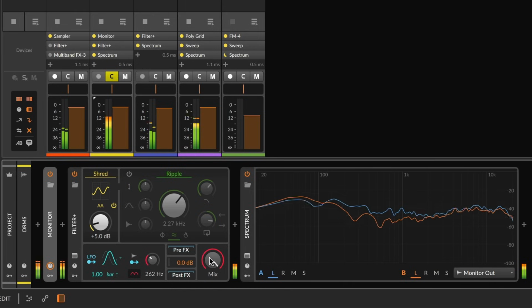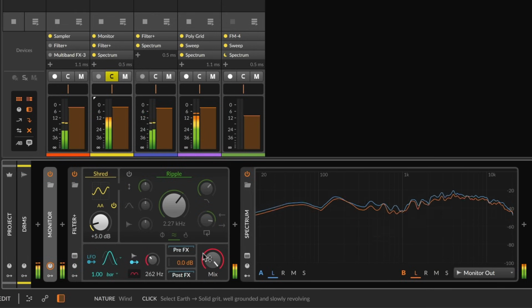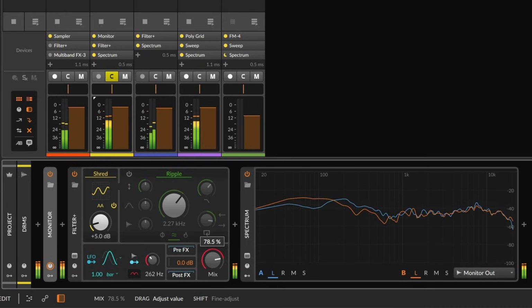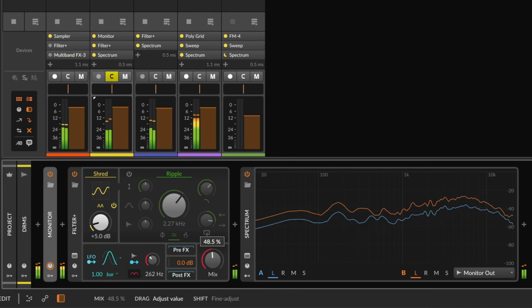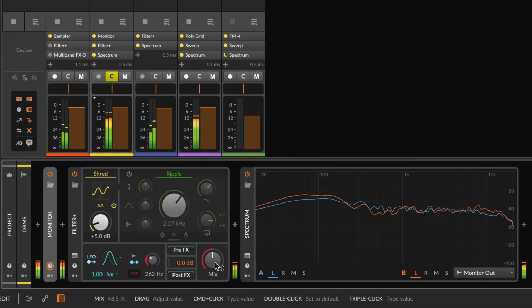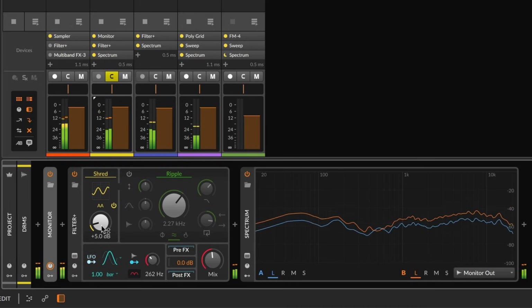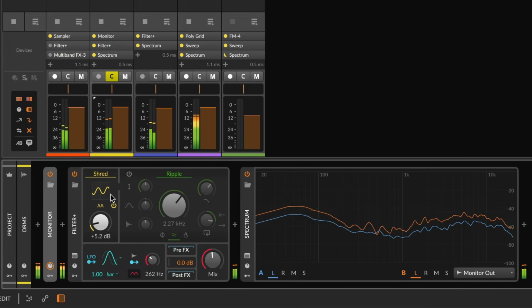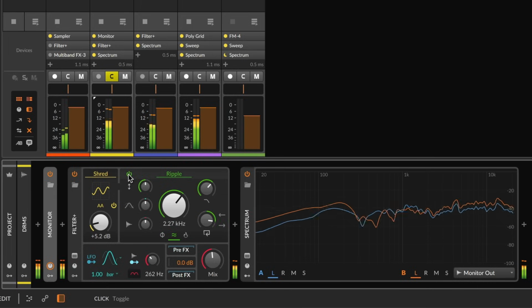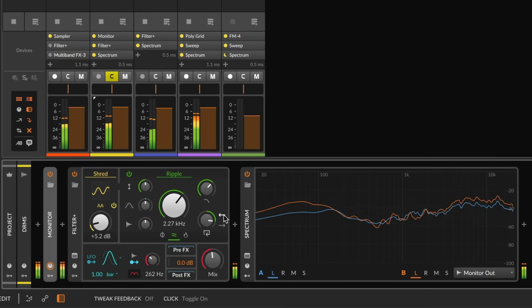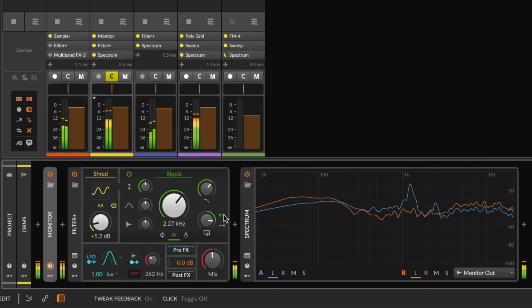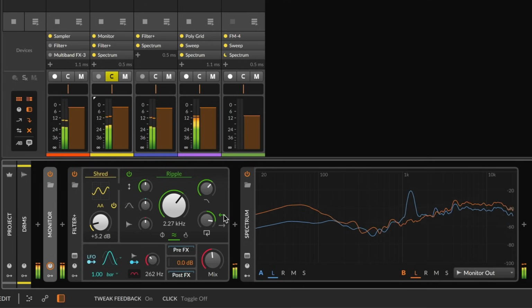Now, on any device that has a mix knob, something that is flipping the signal around and can be blended together with its original source is going to allow for some interesting cancellation to accentuate or pop, in this case, a drum part or anything else. And that's before we enable the filter to either round it out or emphasize some of these tonal shifts going on within it.